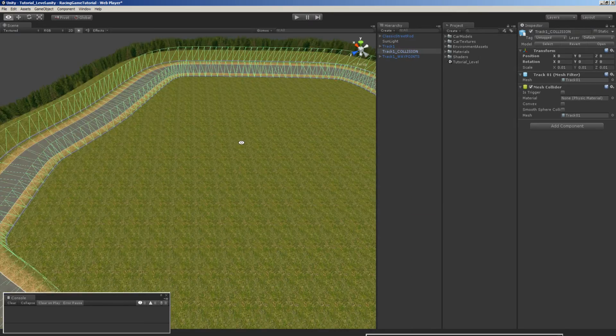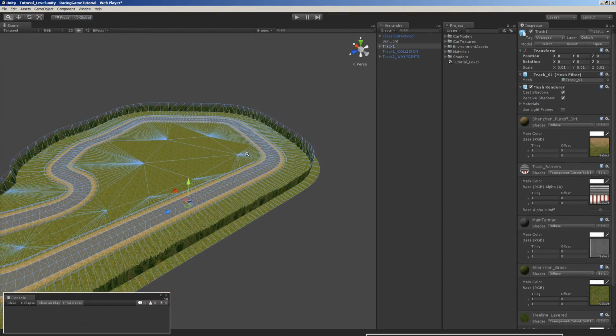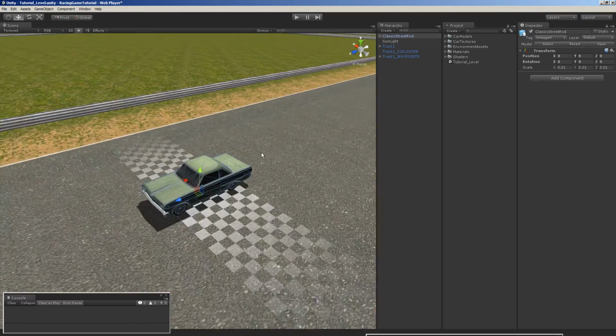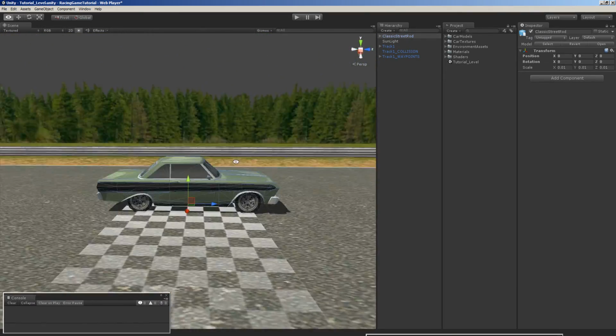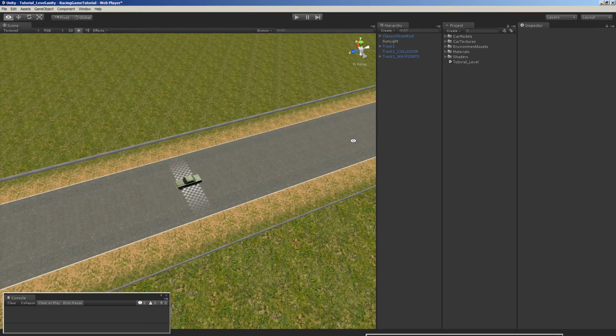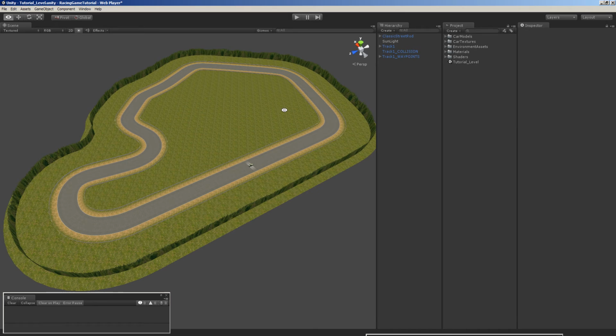Last tutorial we also brought in our collision mesh optimize and our art mesh optimize. We brought in our nifty little 1960s era Ford Falcon. But today is all about the waypoints, and we're not actually going to play anything. We're just going to set up these waypoints visualizing the path, the racing line around the track, and the script that